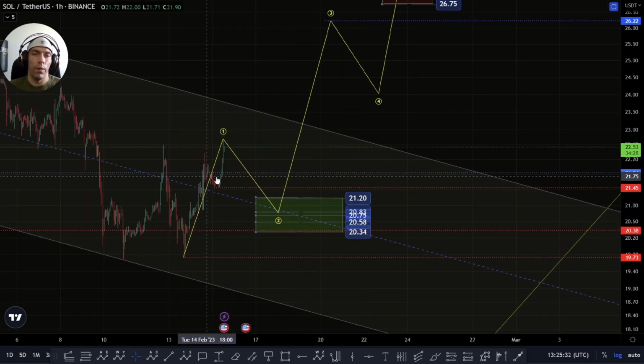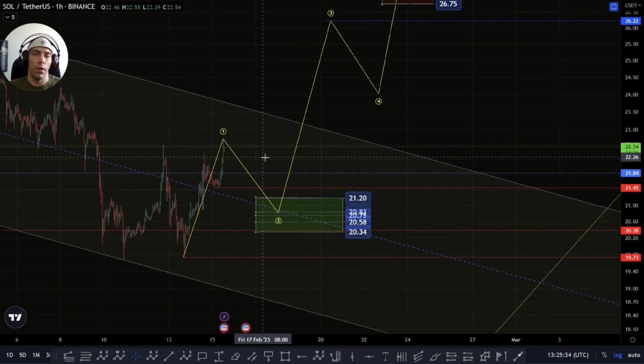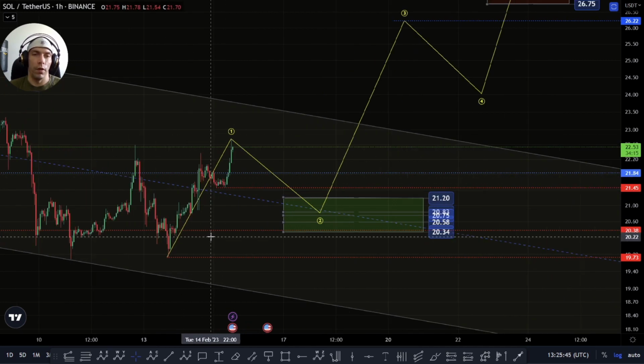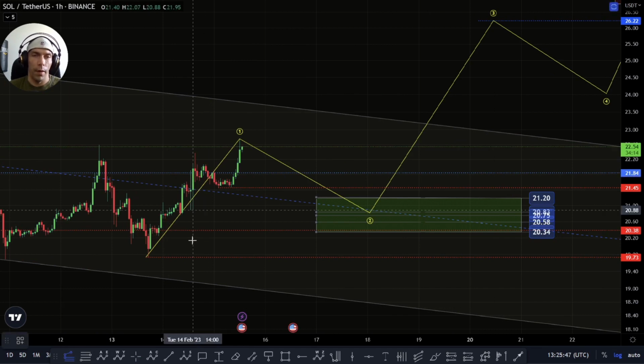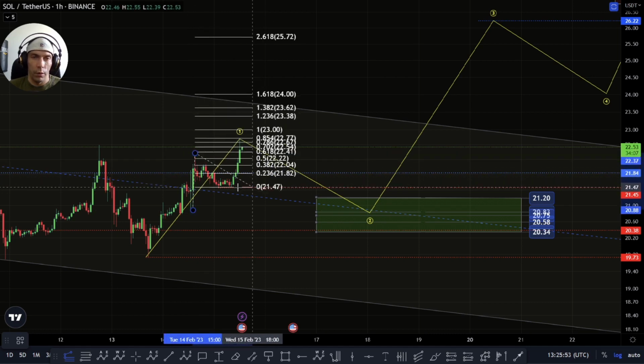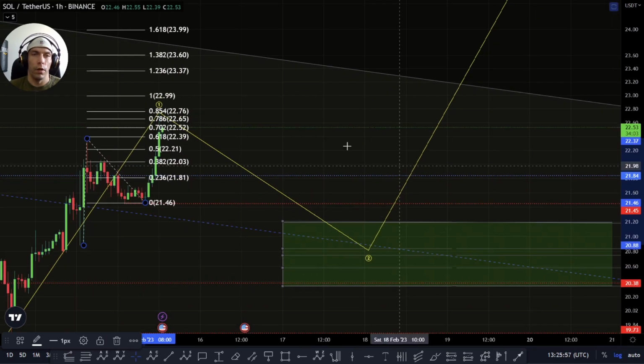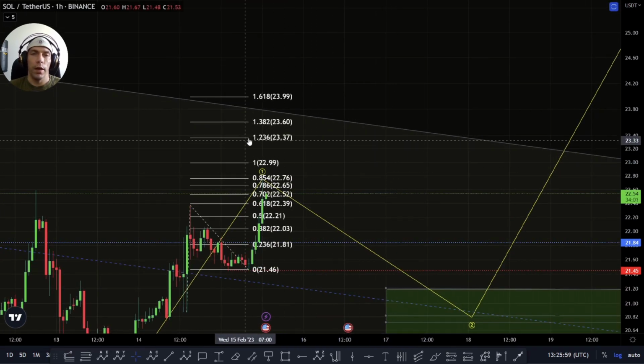Problem is there is a little bit of overlap within this structure, so I don't really like the count. Like I said, you can argue that it's a diagonal where this is a 1, 2, 3, 4. Sorry, it would be a 1, 2, 3, 4, and then this would be a zigzag for a fifth wave here. But really, this would be looking to potentially actually start topping out now if this is the case. The one-to-one is this 2299. It could extend slightly higher here and come towards this 2337 or this